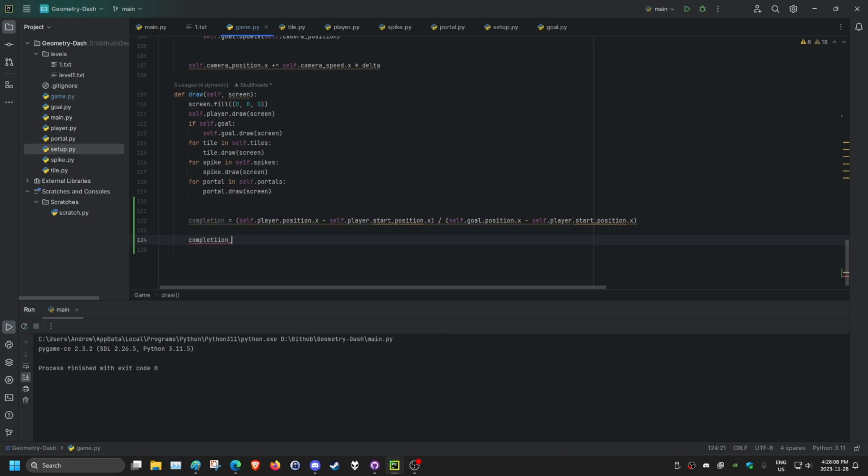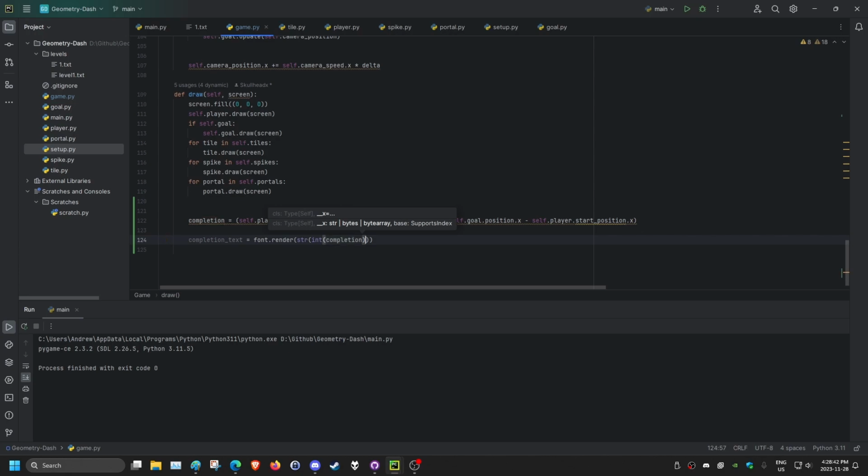So we do completion underscore text equal to font.render, and we want to find how far we are along the way. So we'll do string int of our value, so completion, that completion percent,